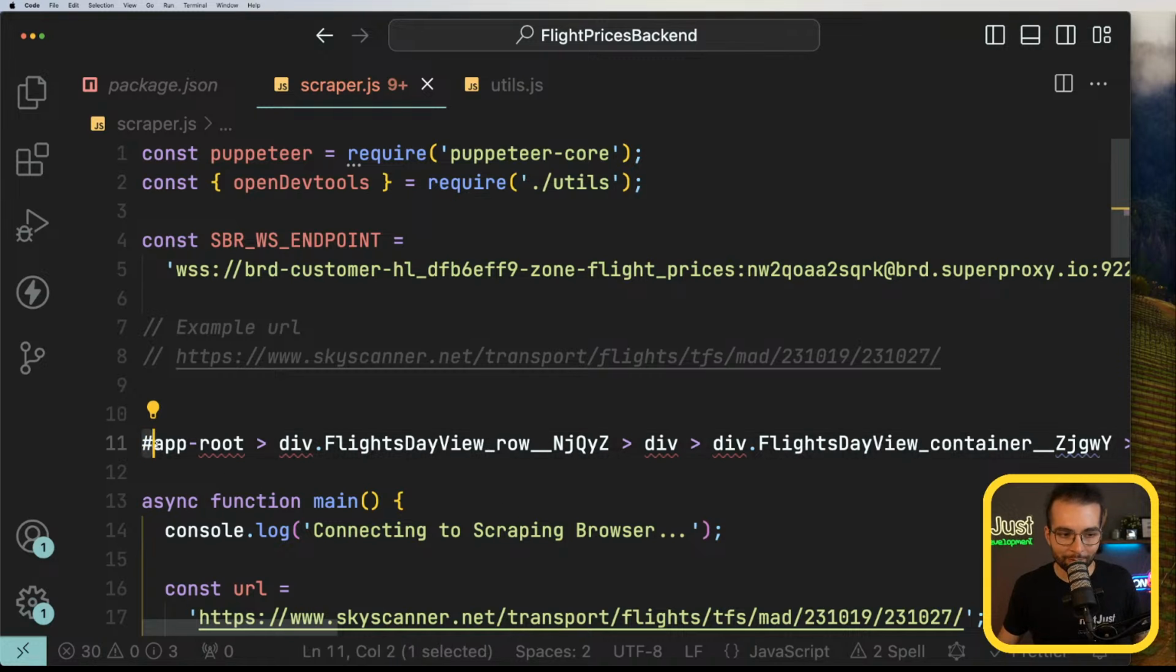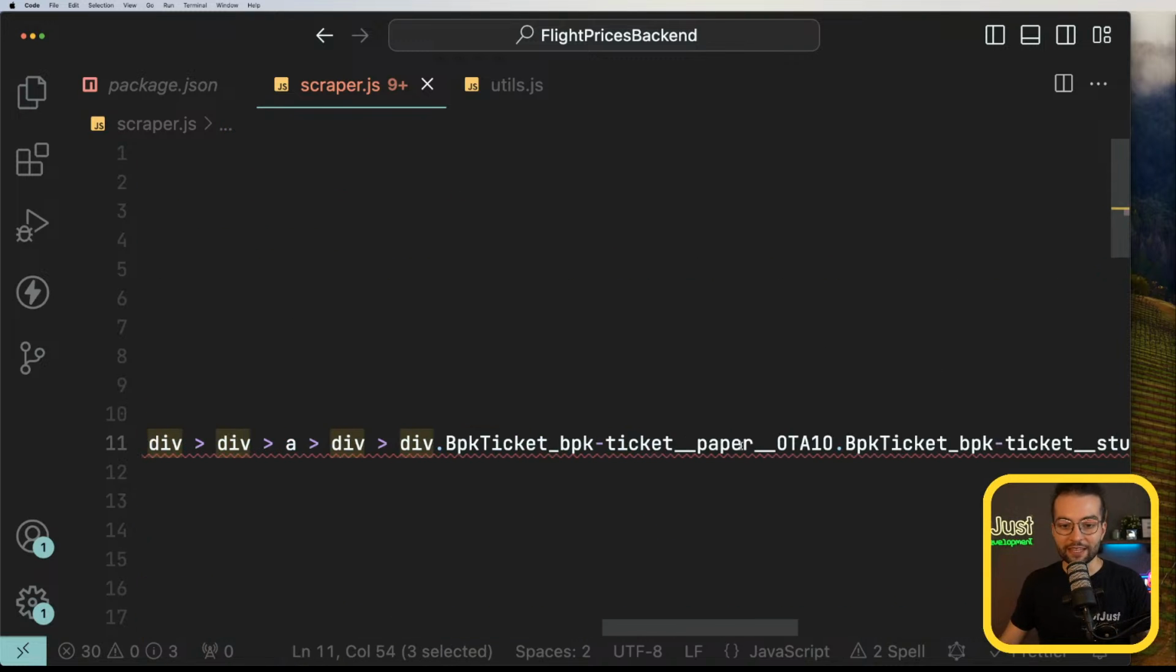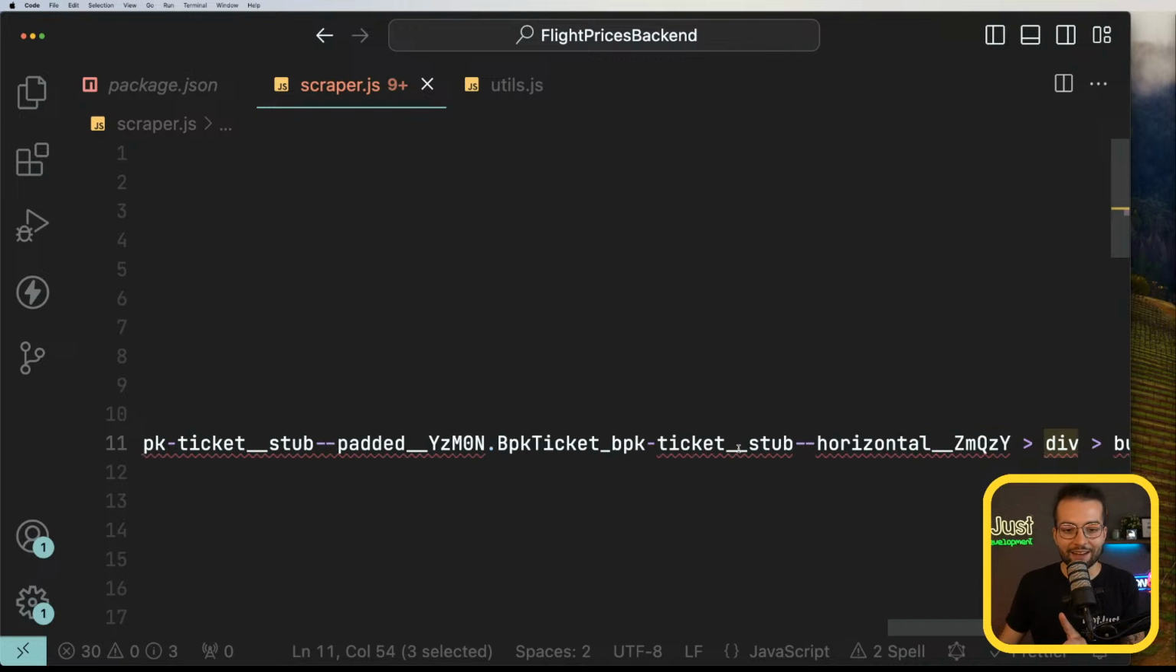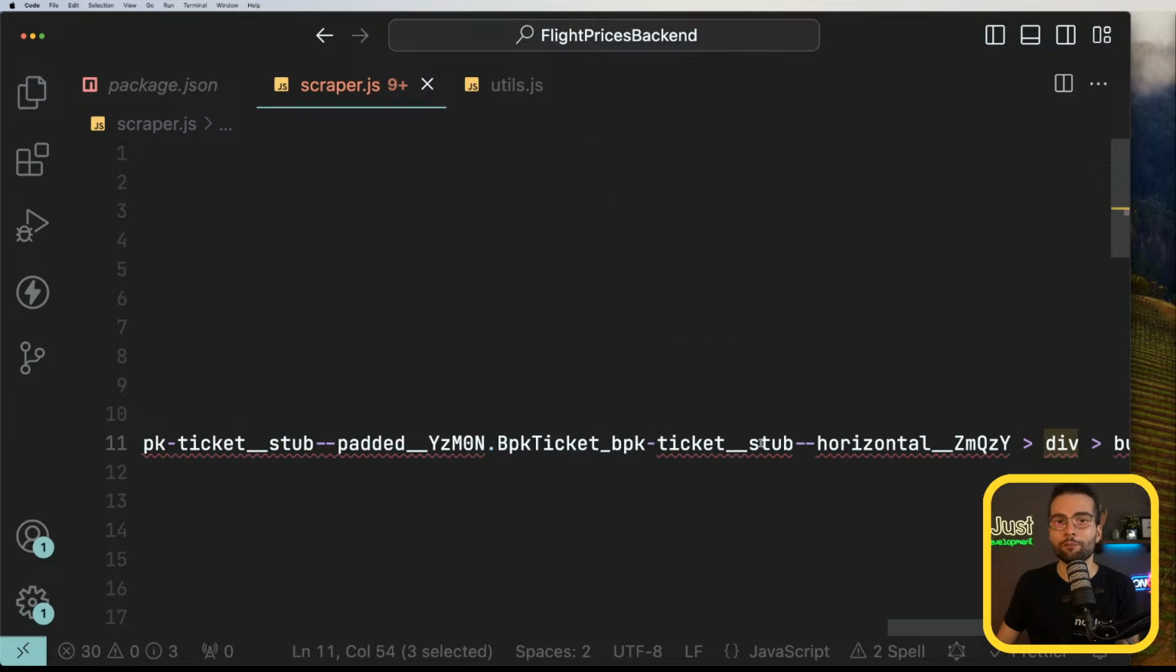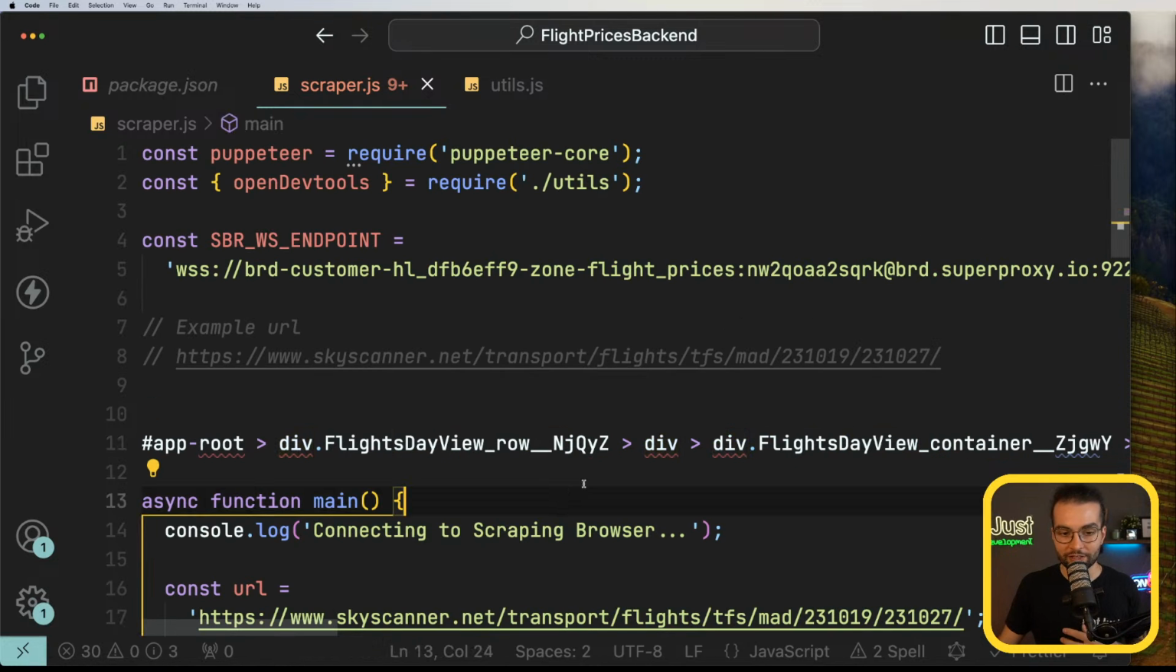So find an element with uproot ID, then the first div with a class, this one with div, and so on. So this will work today, but it will most probably break in a week or so. Because look,